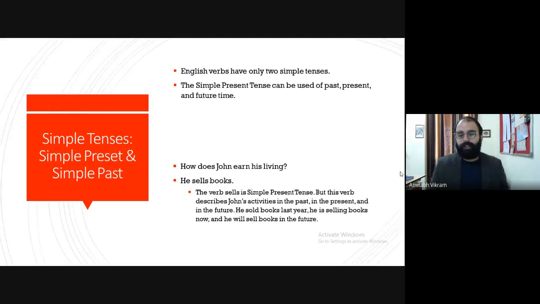I was doing it, I am doing it, and I will be doing it. So that type of thing, though it is in the present simple tense, describes John's activities in the past, in the present, and in the future. That means he sold books last year, he is selling books now, and he will sell books in the future. This information is important,